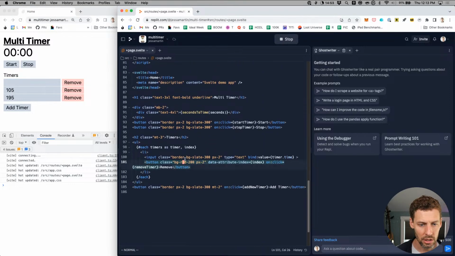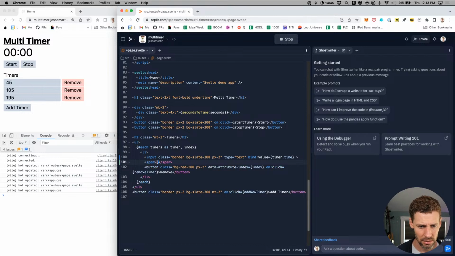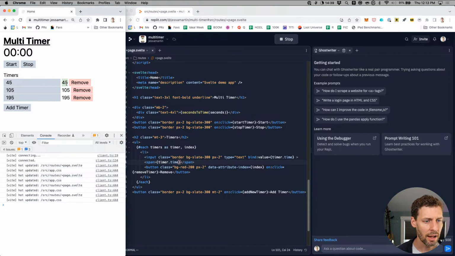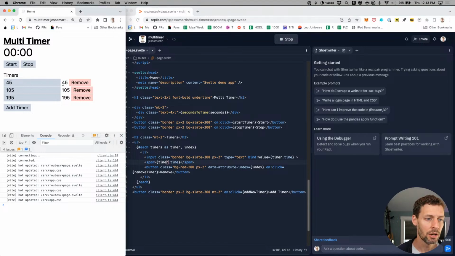One, we could create another field here, a span, and make that timer.time. And we could style this up so that this is the minutes and seconds version. And then when you click on it, we could swap out the input, right?